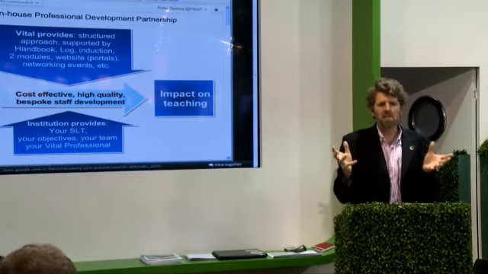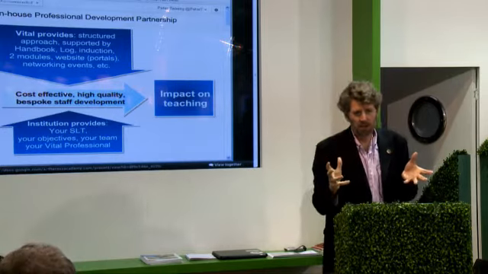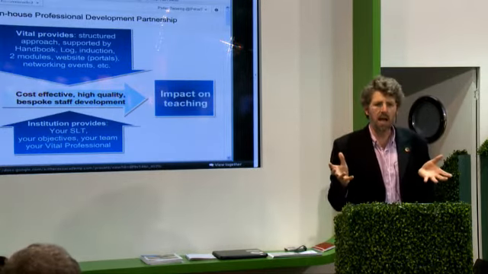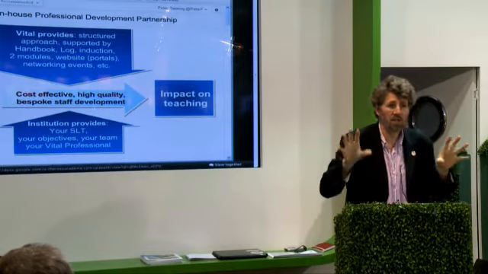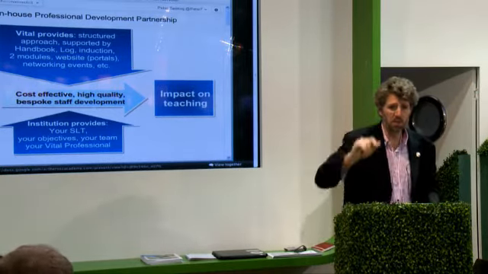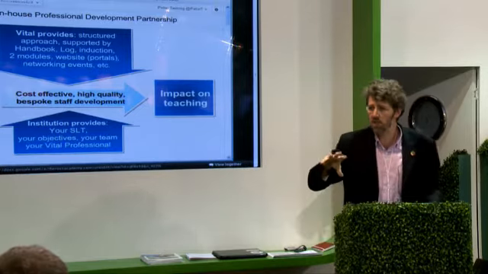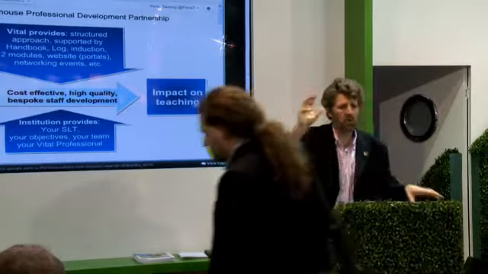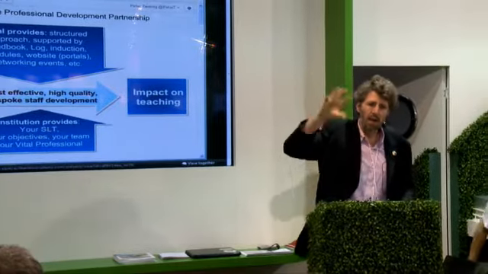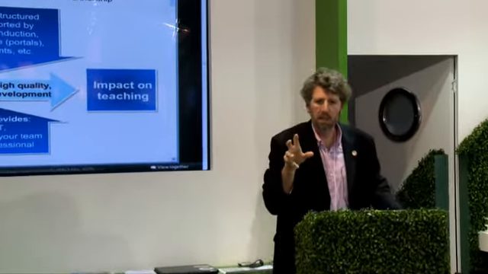This, for me, is a paradigmatically different approach to professional development. It starts from saying schools have school development plans, and you have groups of staff working towards meeting objectives within those plans. So as a senior leadership team, identify an objective in your school development plan, identify the team of staff who are working to meet that objective, and then agree that one of them is going to become the vital professional. They're going to lead staff development for that team of people to make sure that they can meet that objective.